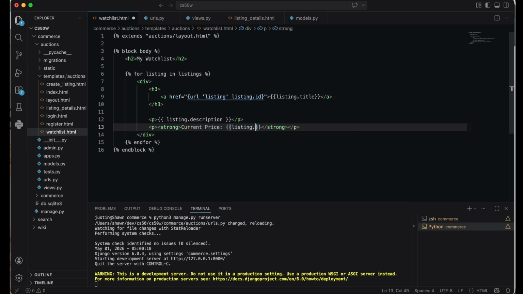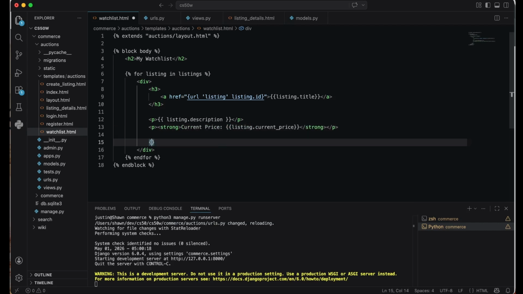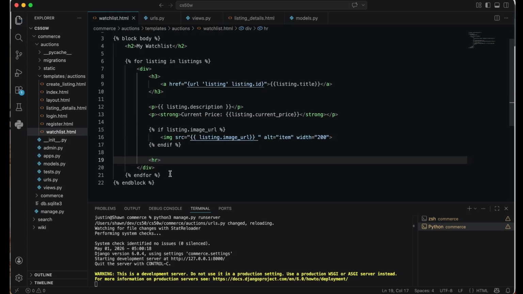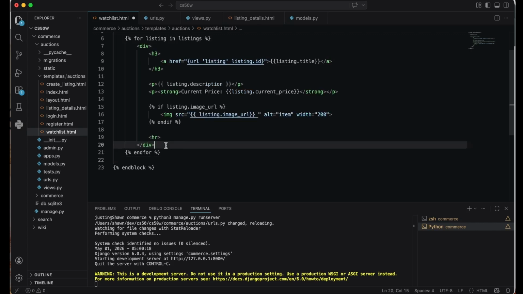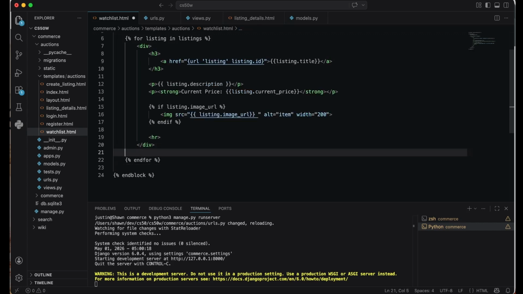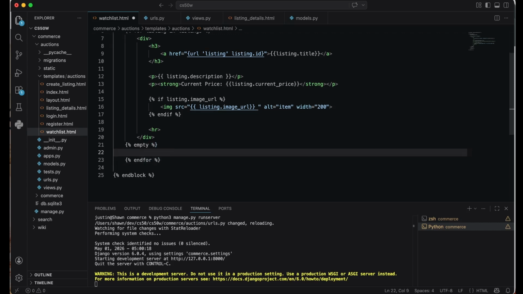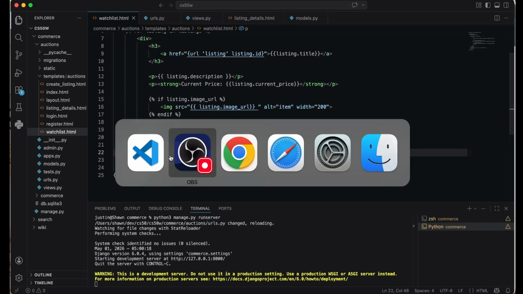Listing current price. Gonna make an if statement for our image, because not every listing has an image. And what if there are no items in our listing? We should at least put some text to show that there's an empty item. If this is empty, let's throw a message: You have no items in your watch list. Go with that and check.